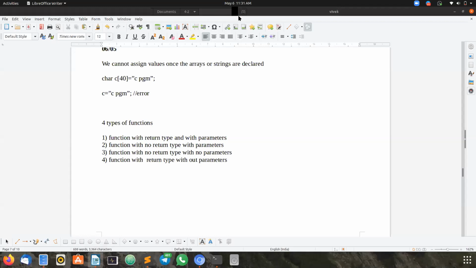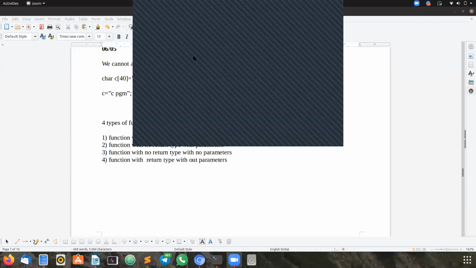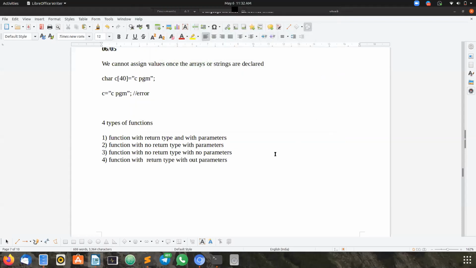And we have many default functions. Those are called string handling functions. I will mention the important functions. You can search for more online because we can't discuss everything here. If you have any doubts, just let me know tomorrow. The topic is string handling functions. The first one is strlen.